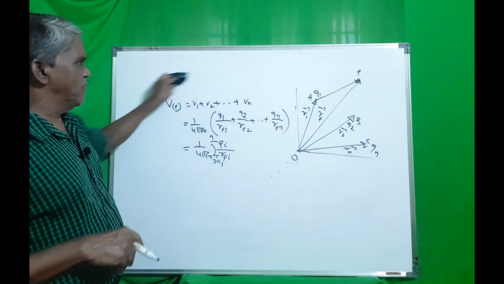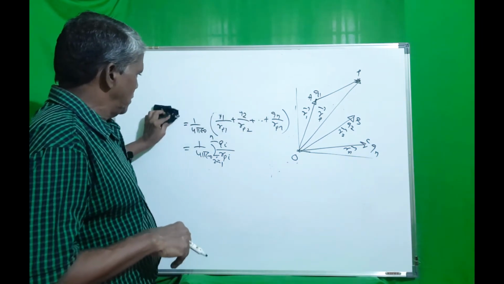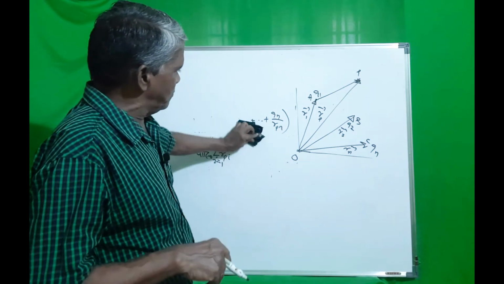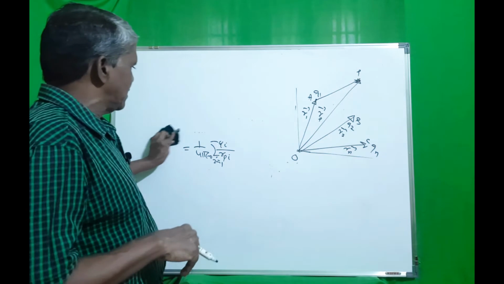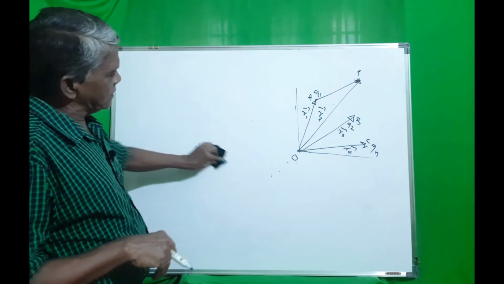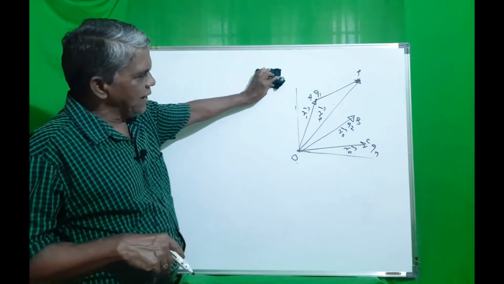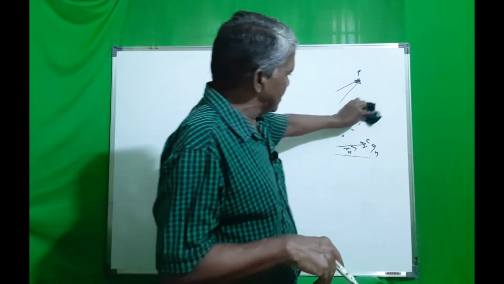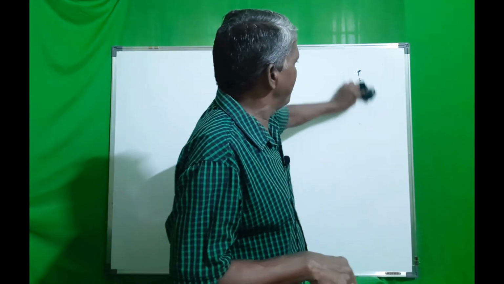The combined effect is known as the superposition principle, as we discussed in obtaining the force on a charge due to a number of charges, and electric field at a point due to a number of charges. Similarly, potential at a point due to a number of charges. In that case, fields and forces are added vectorially because they are vector quantities. But here, since potential is a scalar quantity, the resultant is obtained by taking the algebraic sum of individual contributions.